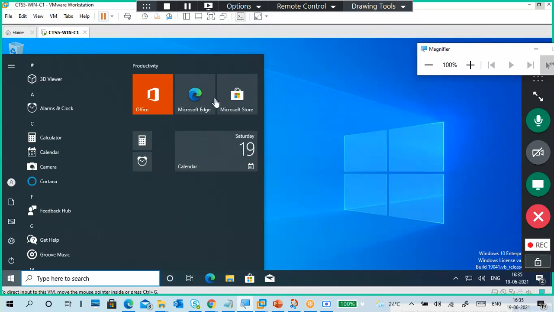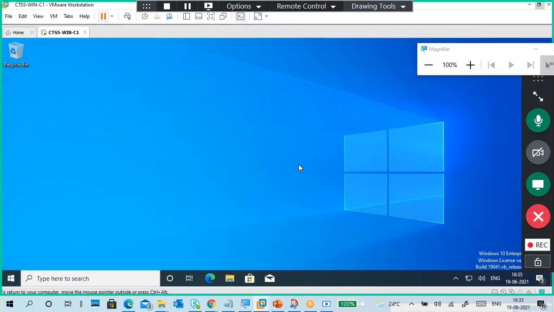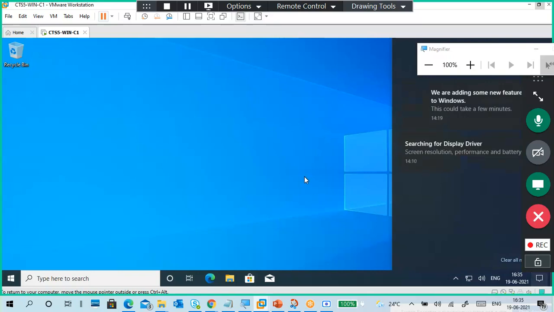So this box-wise layout is called a Metro style, and this is a normal Windows screen. But you can convert this machine to tablet mode, for example, if you have two-in-one laptops. It works like a normal mode as well as a tablet mode, then you can convert your screen into tablet mode also.